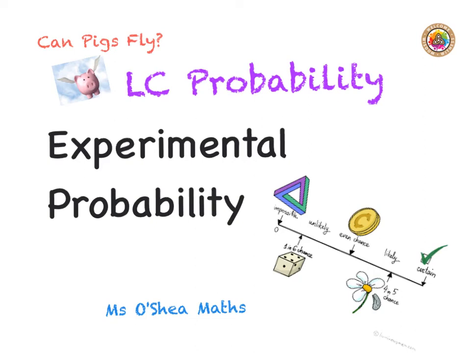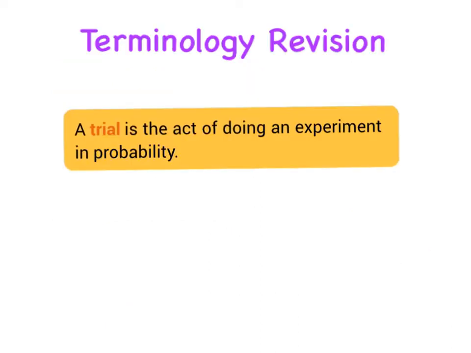Okay, so today on probability, we're going to look at experimental probability, and to do that, we're going to revise some terminology first. Okay, so we're just going to revise some of our terminology here. So the first thing, obviously, we should remember is that a trial is the act of doing an experiment in